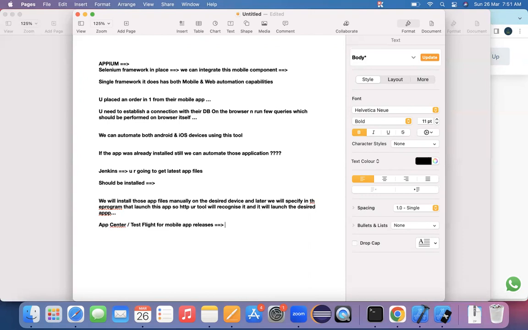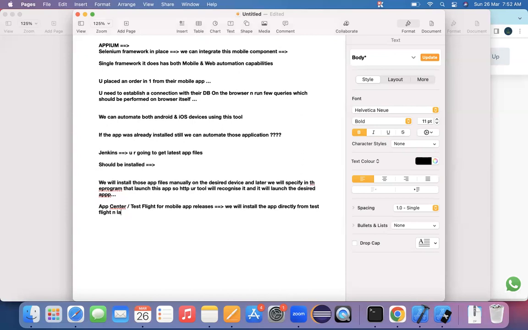We will install the app directly from TestFlight, which is a tool, and later we will ask our Appium to launch the app from either an Android device or an iPhone, depending on our need.